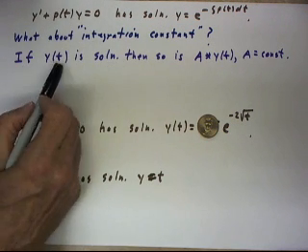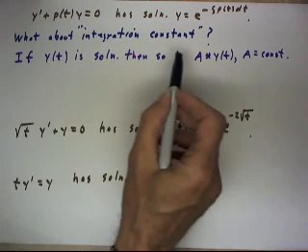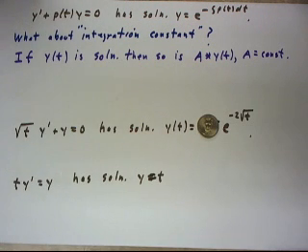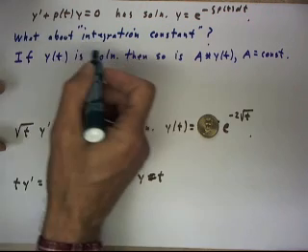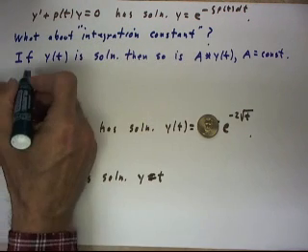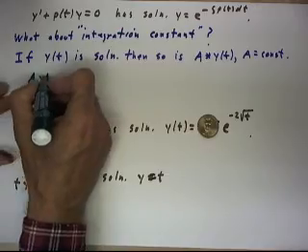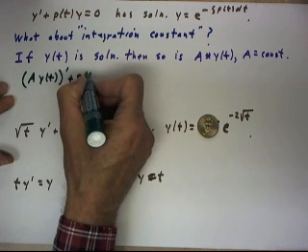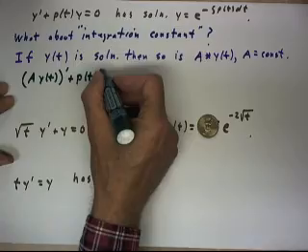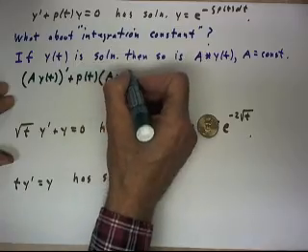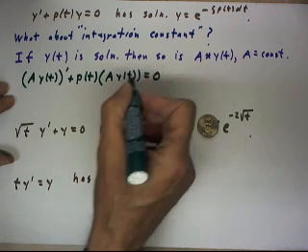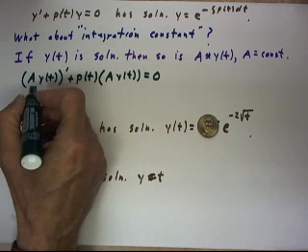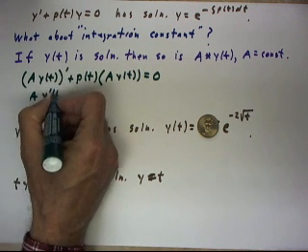Let's observe. If y of t is a solution to this equation, then so is a times y of t, where a is any constant. And to see this, we can just, instead of substituting just y, substitute a times y of t. So a y of t prime plus p of t times y, which would be p of t times a y of t, should then equal 0. Well, if we take the derivative of a y of t, we get a y prime of t,